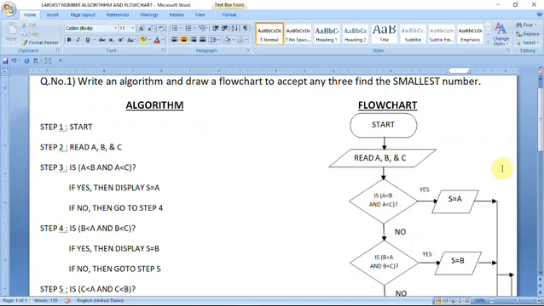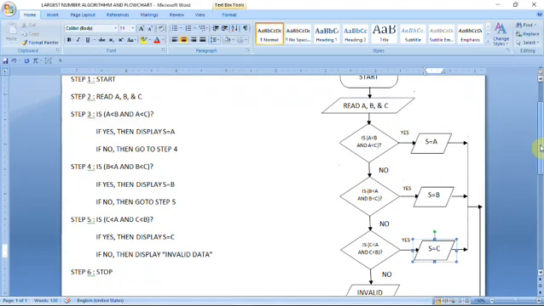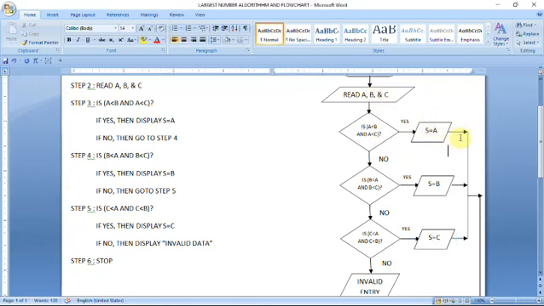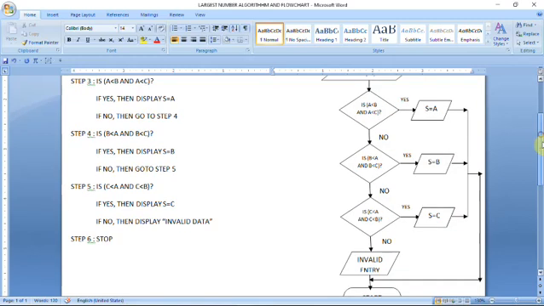And after that you can see all the symbols are connected, because this is called the display symbol, this is also a display symbol, and this is also a display symbol. This is the output symbol, the parallelogram. This is called the input symbol and this is called the output symbol. All these symbols are connected, because if this condition is true, then s equal to a will be printed. After that our program will not be terminated unless you give this arrow symbol. So this arrow symbol is given, and you can see how these symbols are connected.